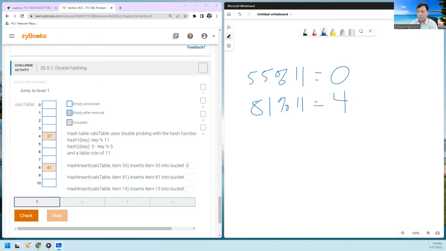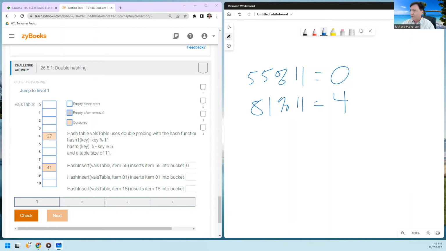And there's already something in 4, so now we want to do the iteration of adding hash 2 to 4, and so hash 2 is